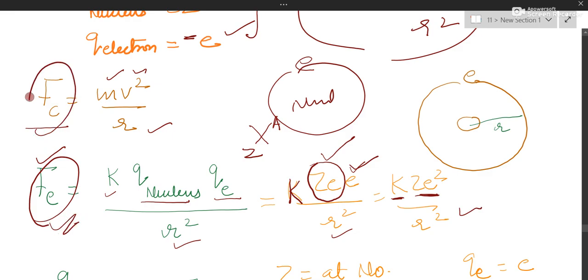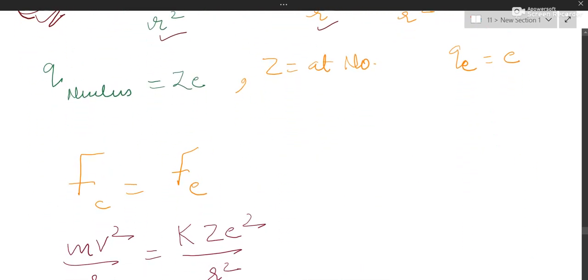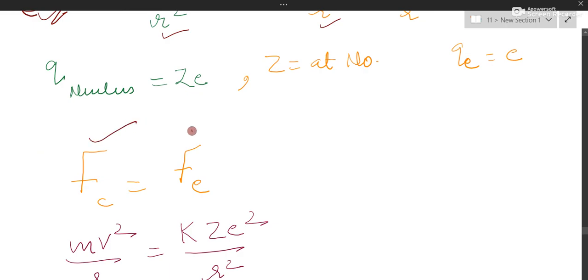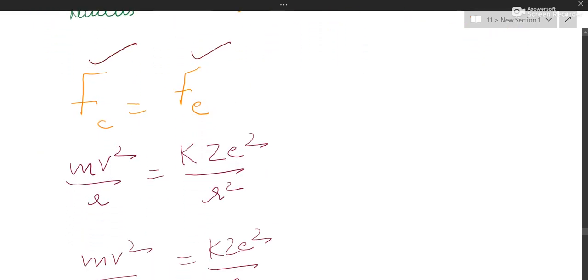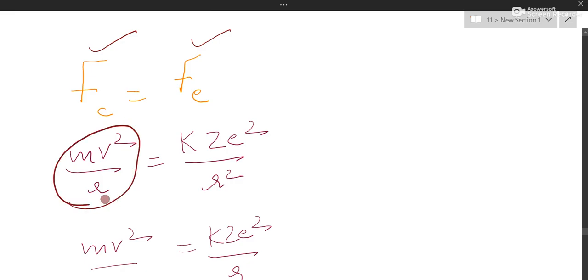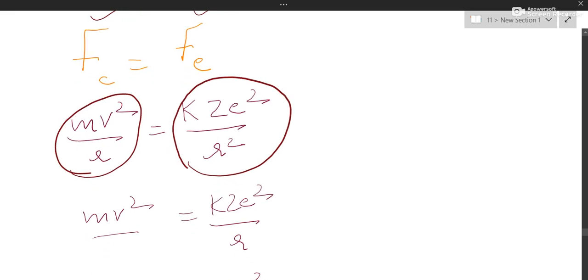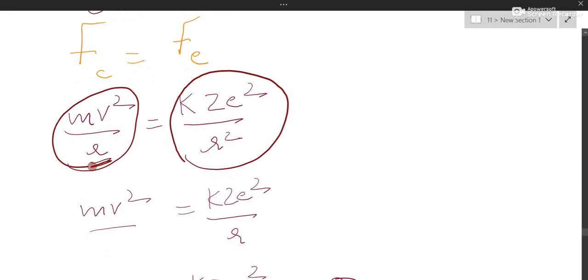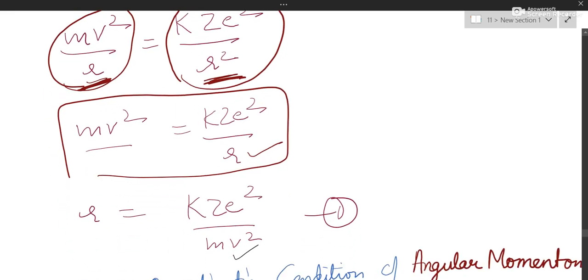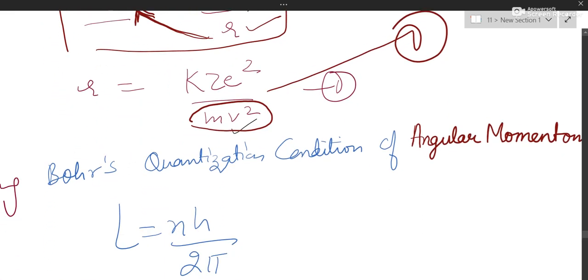The electrostatic force is providing the centripetal force, so put them equal. Centripetal force is equal to electrostatic force, so mv square by r is equal to K Ze square by R square. From here you can cancel: R is here single power and R is here double power, so one power is cancelled. So mv square is equal to this. From here we are making the expression of R ready. R will go this side and mv square will come down. Keep it ready and call it equation number 1.